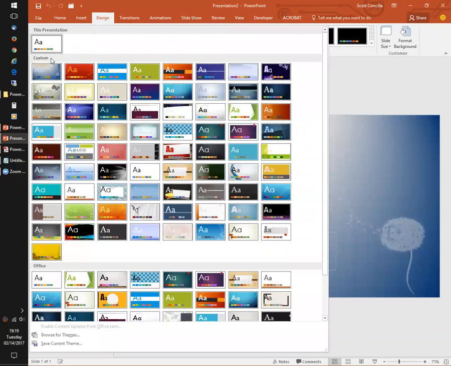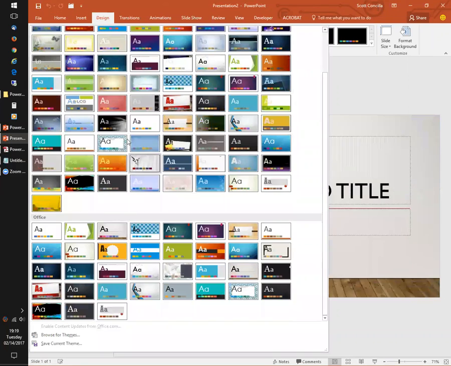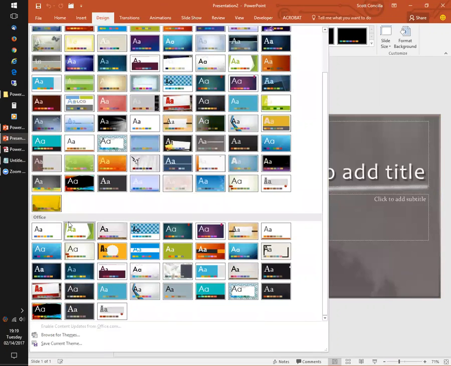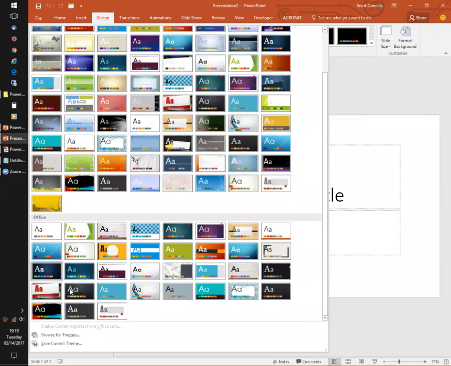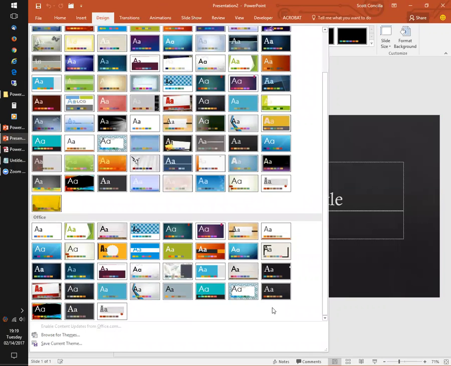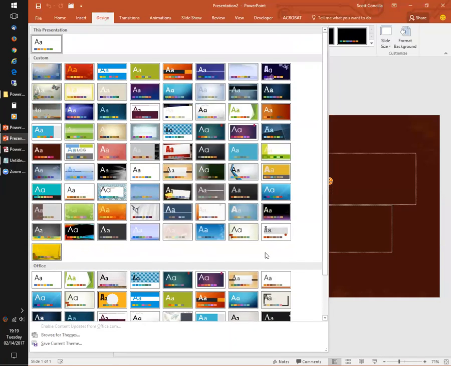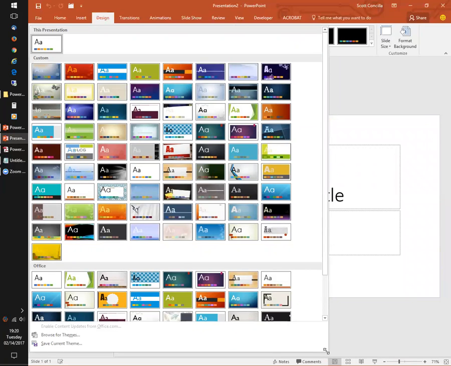That's built in by PowerPoint, and you can see I've got tons of themes I've found in other places. Then in this section called Office, these are the themes that actually are built into the product. In Office 2013 and in Office 2016, there are 34 or 35 built-in themes that come with the product. And then you can see I've got a whole bunch of ones here up in the custom section. And then basically from here, I can pick any of these themes.